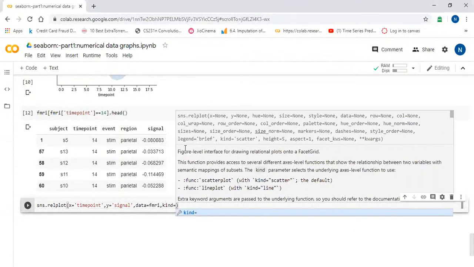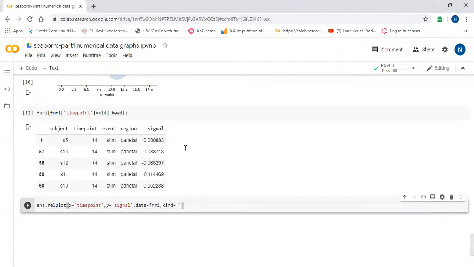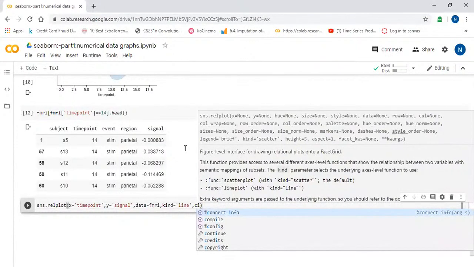Kind is equal to line, CI. So I will show you the CI parameter in the line plot itself.